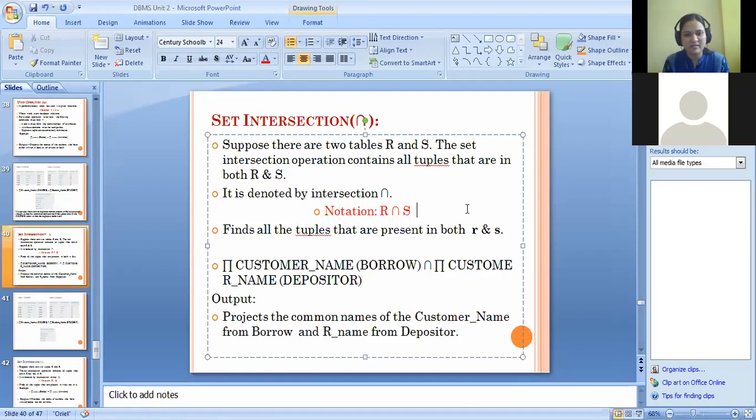Here there is a bank example, as well as project customer name from the depositor. Take an example of the bank system. Here, after set intersection, it projects the common customer names from the borrower as well as from the depositor.